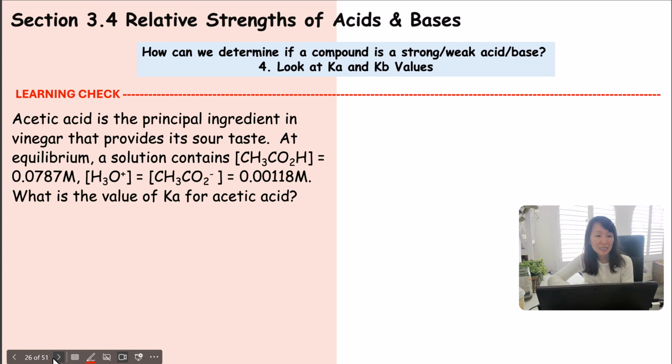Next learning check, it says acetic acid is the principal ingredient in vinegar that provides its sour taste. At equilibrium, a solution contains this acetic acid, it gives you the concentration, also it gives you the concentration of the hydronium ion and the conjugate base. What is the value of Ka for acetic acid? So for this, you're going to need to set up the molecular equation in order to organize everything together. So acetic acid